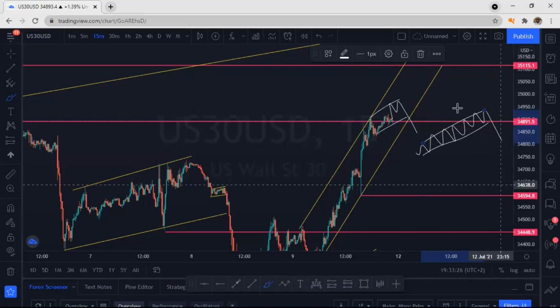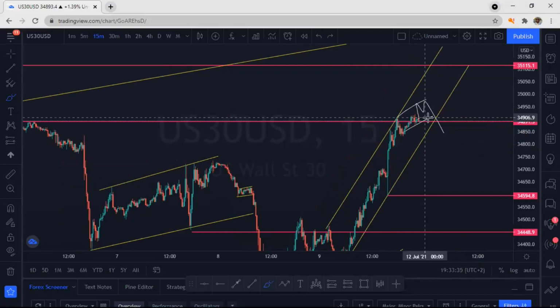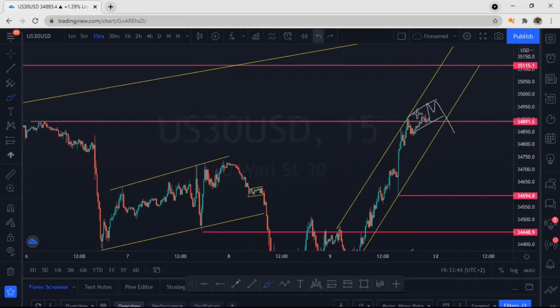So what I'm expecting here is that there's a possibility. It hasn't created this correction. It hasn't corrected this correction, I mean. So what I'm expecting now, I'm expecting the market